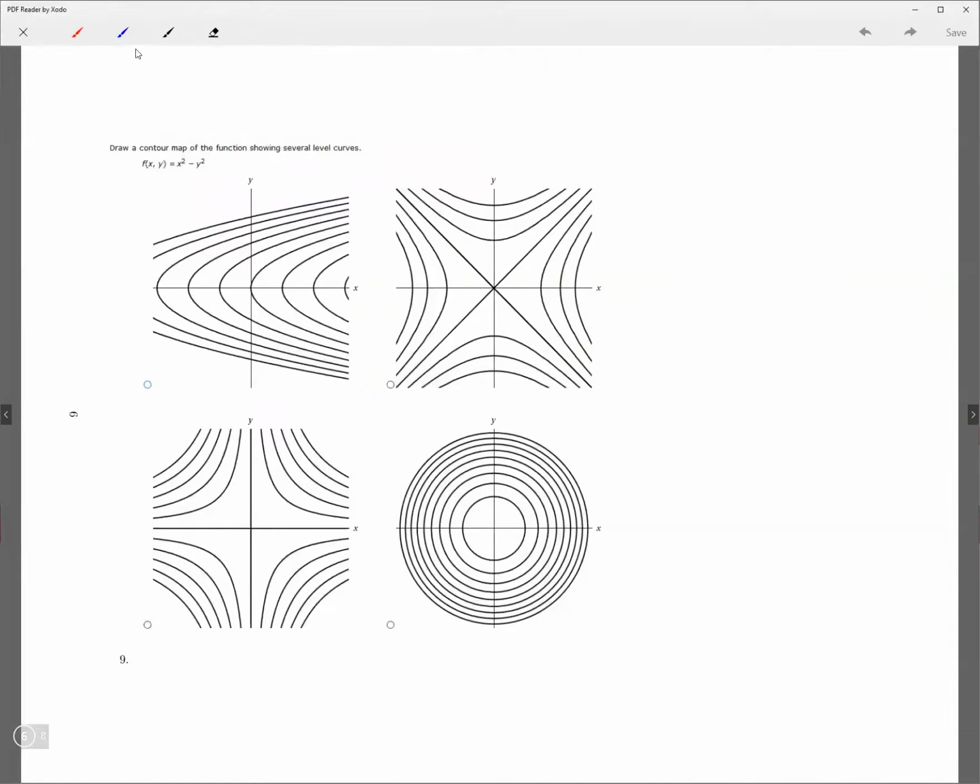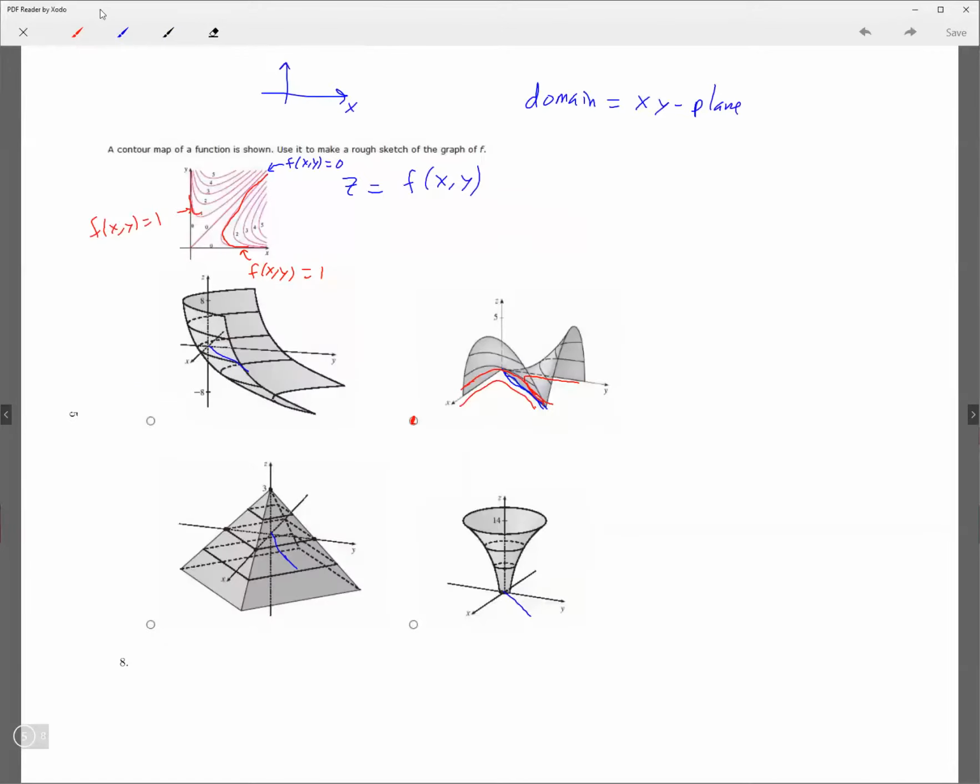Draw a contour map of the function showing several level curves. Now, contour lines, these contours right here, these are called level curves. Maybe I should introduce that right here. Level curves. So what happens there is you choose a